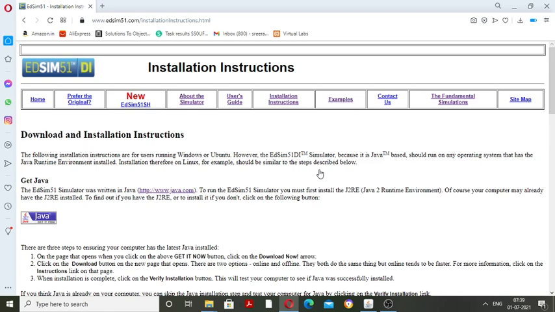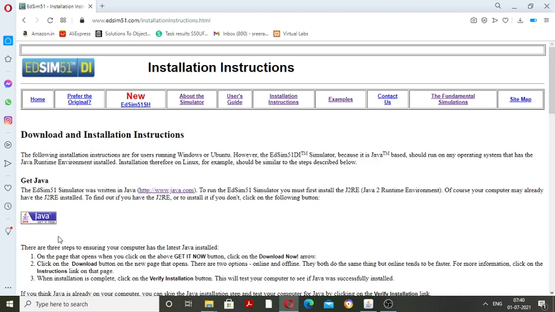If your computer already has J2RE installed, then you don't have to install J2RE. Otherwise, you need to install J2RE using this. Click on this Java button.